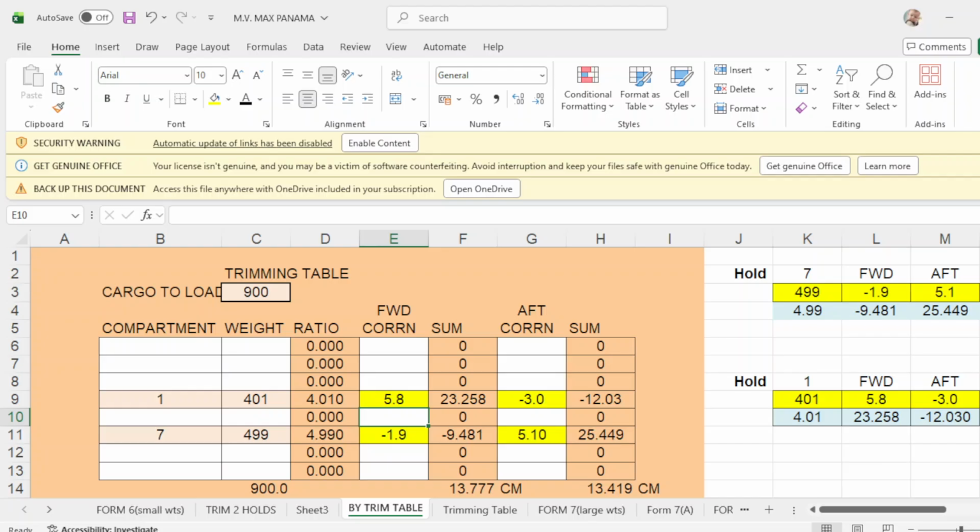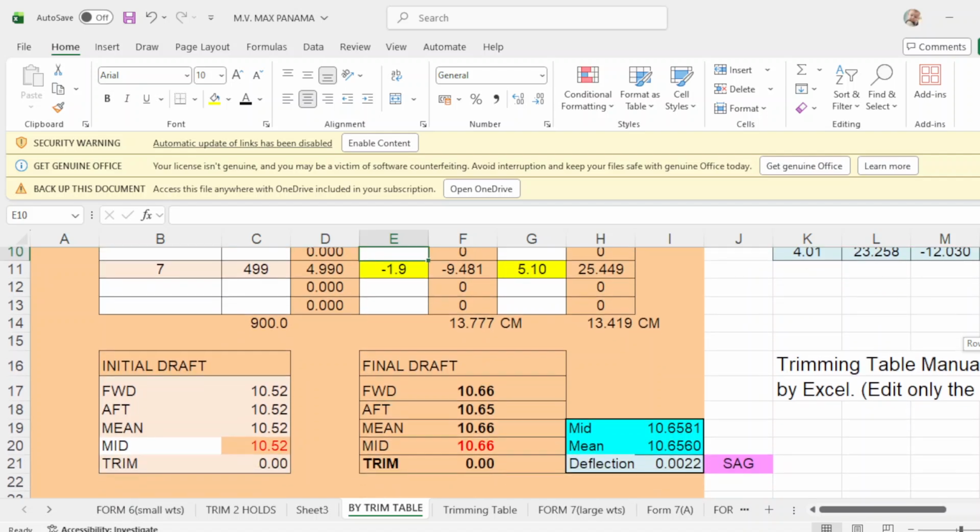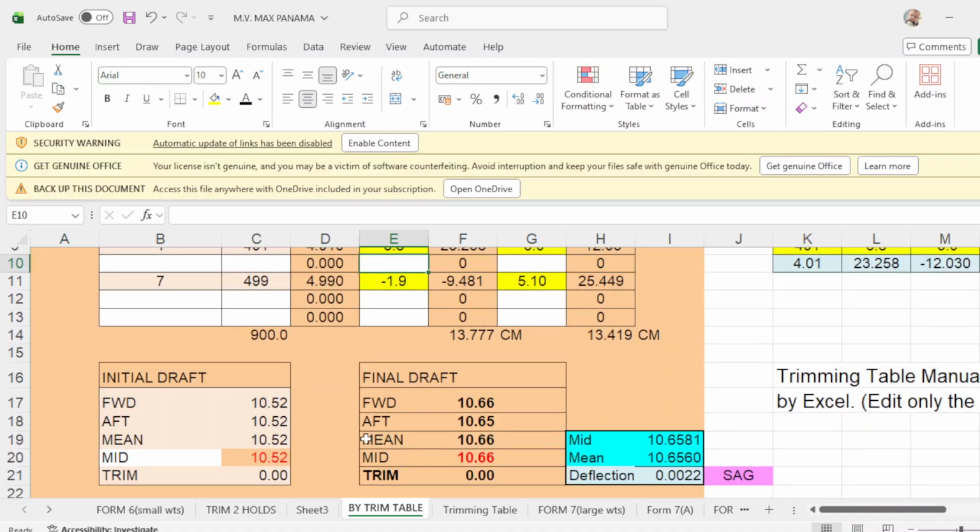Now take note that up is a little bit lower, 10.65. It should be even keel. So we adjust the up drop. For example, we put this to 10.